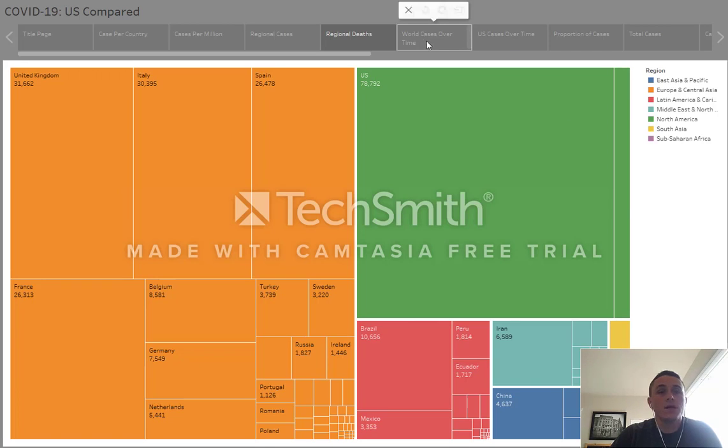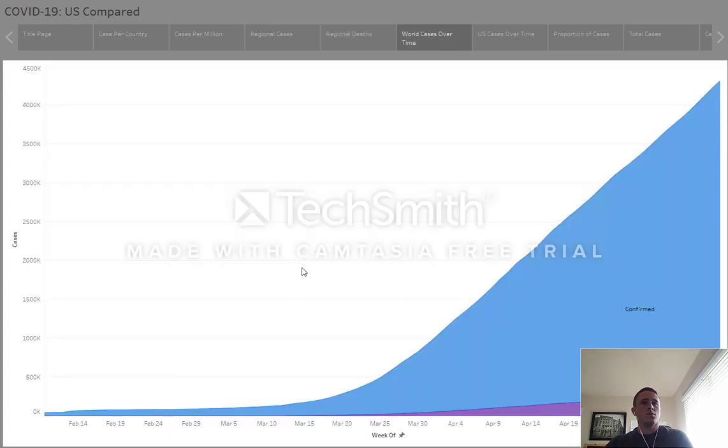Alright, so this all didn't happen overnight. Let's take a look at how these world cases developed over time. So boom, started about March 15th. This just started taking off, climbing daily. But as we can see, even though the number of confirmed cases skyrocketed pretty much at a 45-degree angle there, the number of deaths kind of rose slowly, which